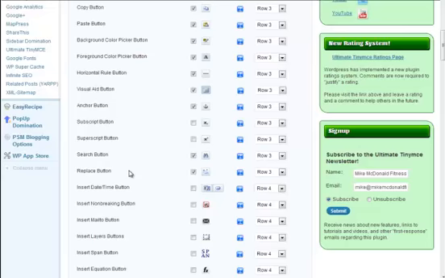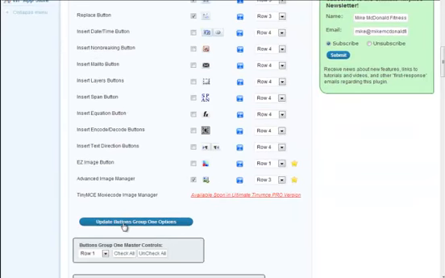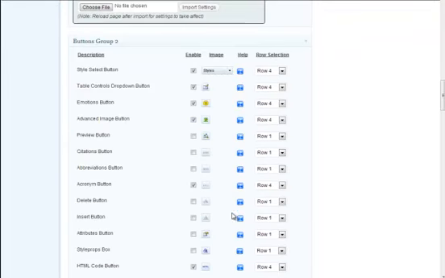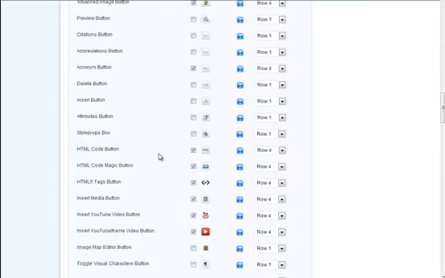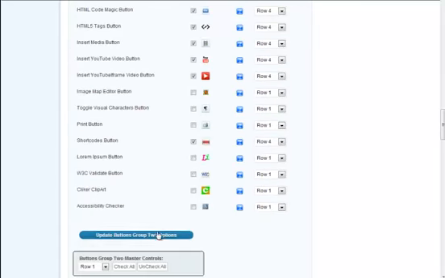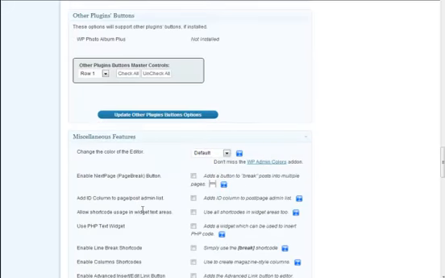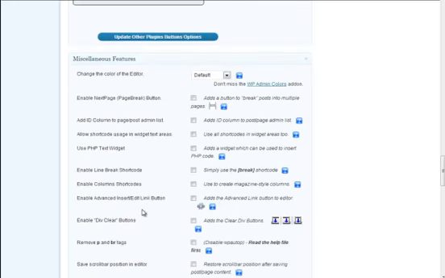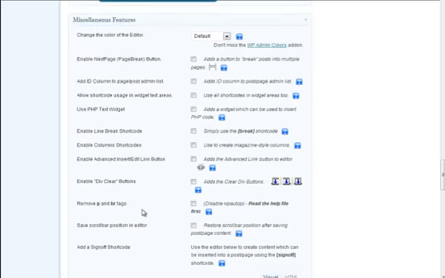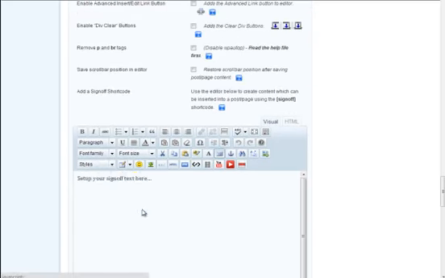So you're going to pick whichever ones you want and click the update buttons here. Okay, so then you scroll down a little further. Wow, there's more buttons. So you pick out the ones that you want to use, check them off here to enable them. Scroll down, click your update buttons. And there's a couple other things to look at. You probably won't have to do any of it, but you can if you know what you're doing and you want to do it. As you scroll down here,